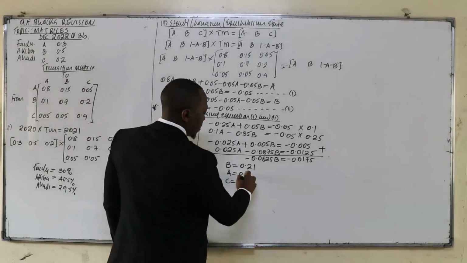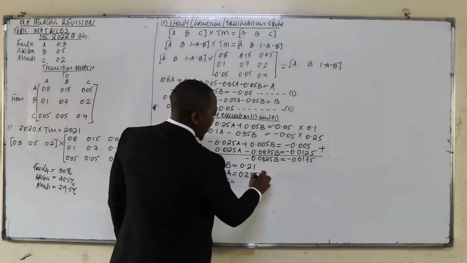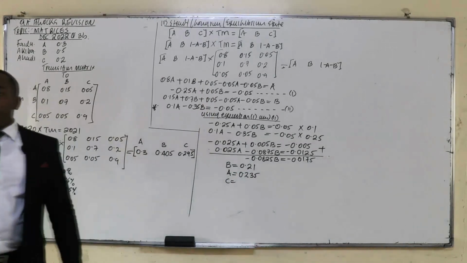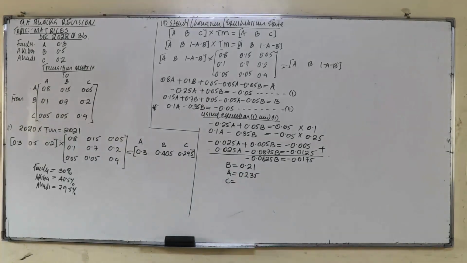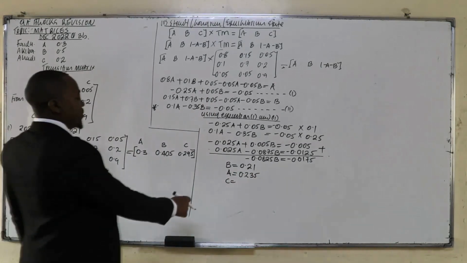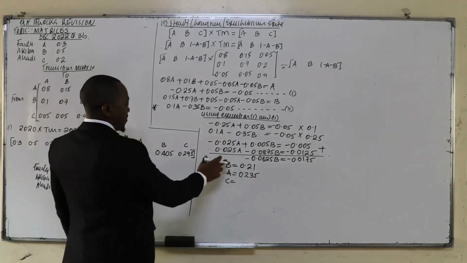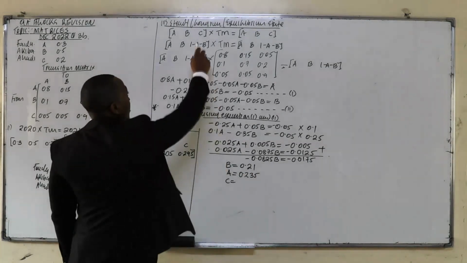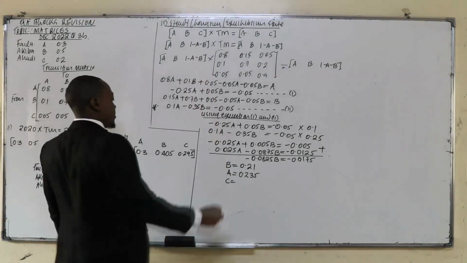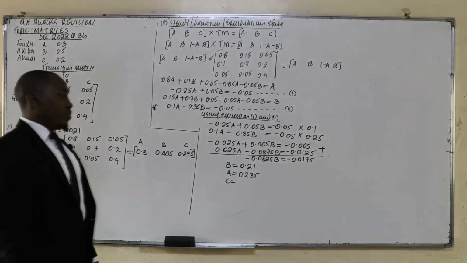0.235. Are you getting the same? Give me C then. Now we have B, we have A. Now to get C, it's 1 minus A minus B. So we get 0.5